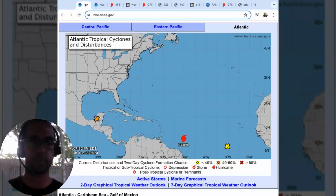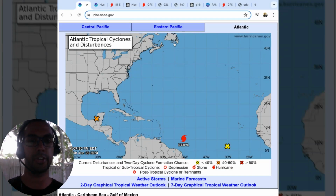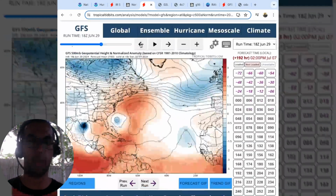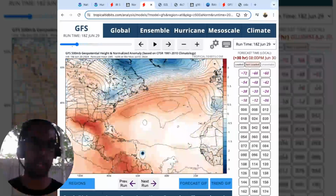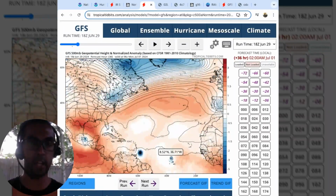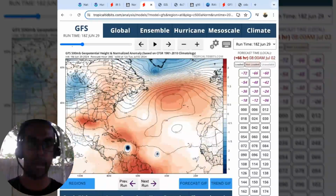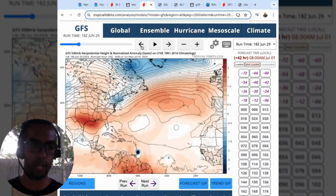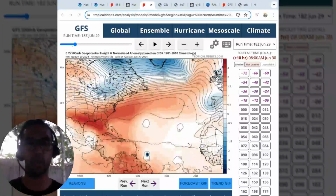We do have that yellow area that we'll continue to monitor. If you noticed on the GFS model here, I'll replay that back, you can see that area begin to develop in about 36 hours. Then by day 3, we're looking at perhaps a tropical storm, almost in the same spot as where Beryl is located, maybe just a tad north of there. So we'll continue to monitor